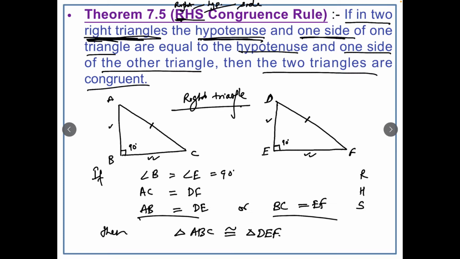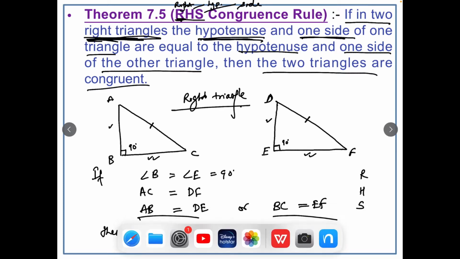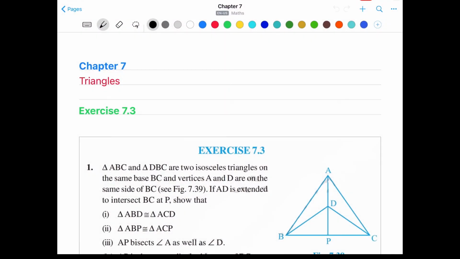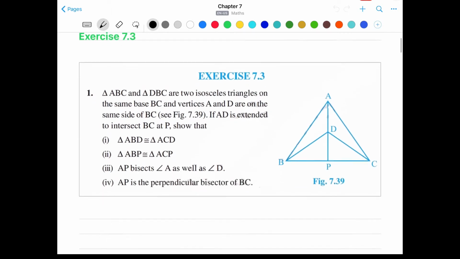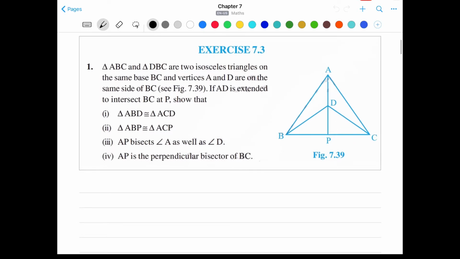Now based on this we have exercise 7.3. Let's move to the exercise. Now in chapter 7, Triangles, we have exercise 7.3. In this exercise we have a total of 5 questions, so we'll be covering all 5 questions in this video. So the first one is,